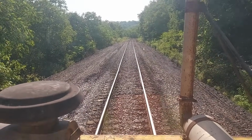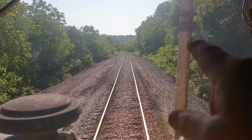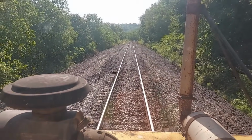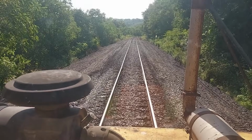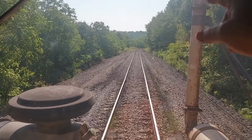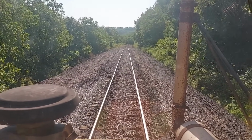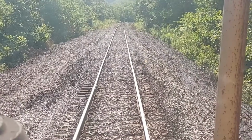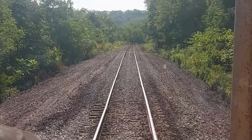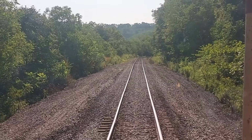Okay, we're down the tangent here. Down below is curve 7. There, a year ago or so, I had cribbed all of this out. Tangent way up behind me, all of this down past halfway through the curve. See right there. In February of this year, we had a very cold morning and air froze up on the